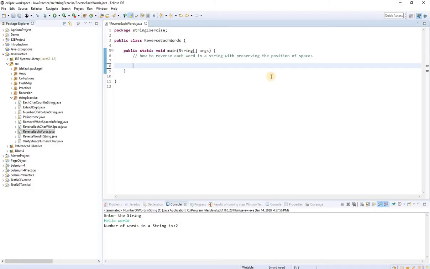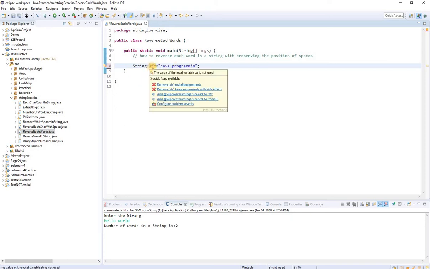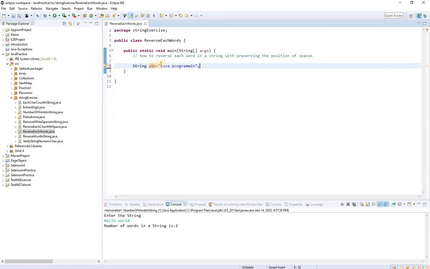It means if you have a string, for example, I give a variable name, string str, and it's Java programming, and the type is string. So I have a variable str with two words, Java programming, and I have to write a program